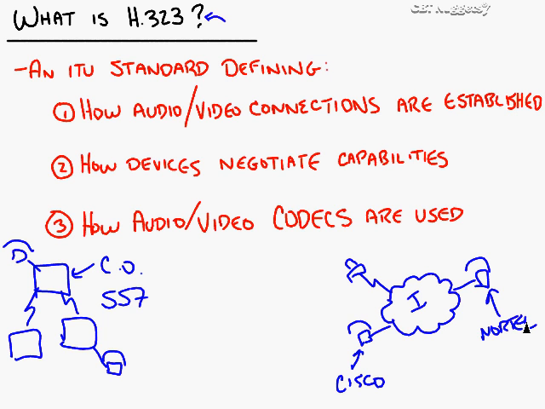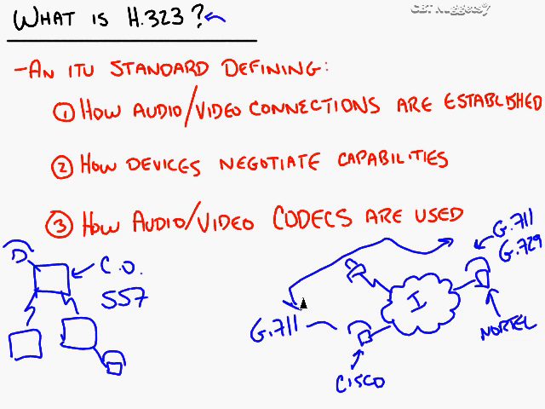Now, it also defines how devices negotiate their capabilities. For instance, this Cisco phone may speak a language called G.711. That's a specific codec, and we'll talk about that. This Nortel phone may speak G.711 and G.729. All right? These two are going to communicate and say, oh, let's agree on common ground. G.711 will be used. Now, what is G.711 and G.729? Well, that is actually a specific audio codec,